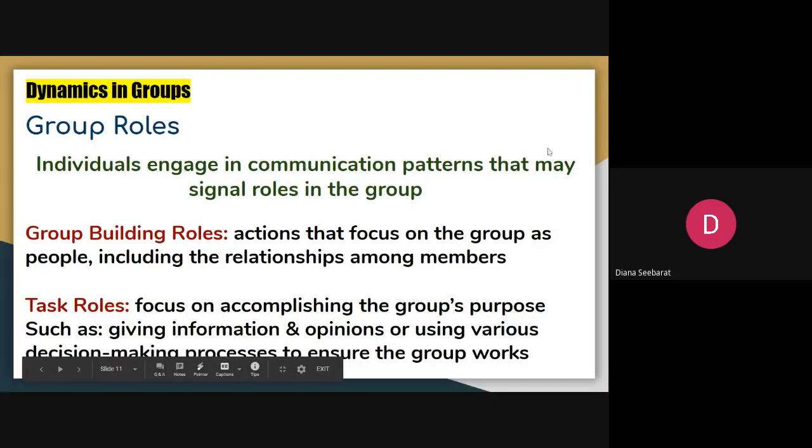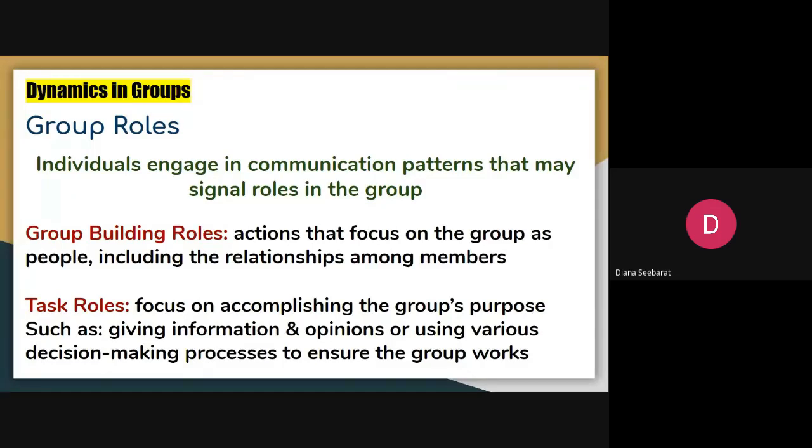Thanks. So, group roles. Individuals engage in communication patterns that may signal roles in the group. Group building roles are actions that focus on the group as people, including the relationships among members, and task roles focus on accomplishing the group's purposes, such as giving information and opinions or using various decision making processes to ensure